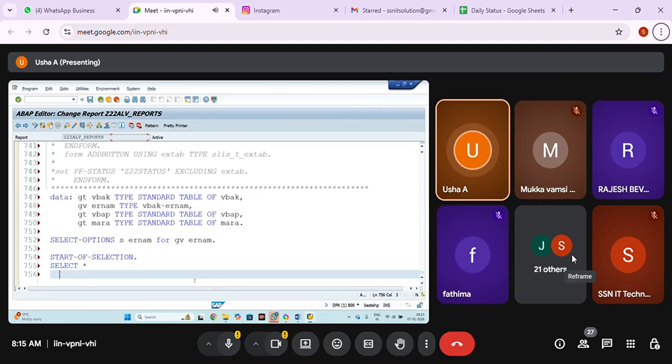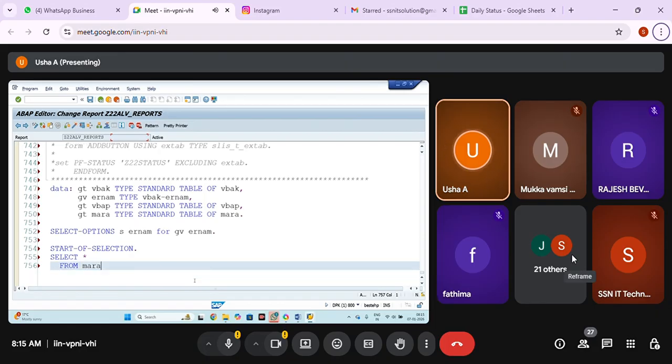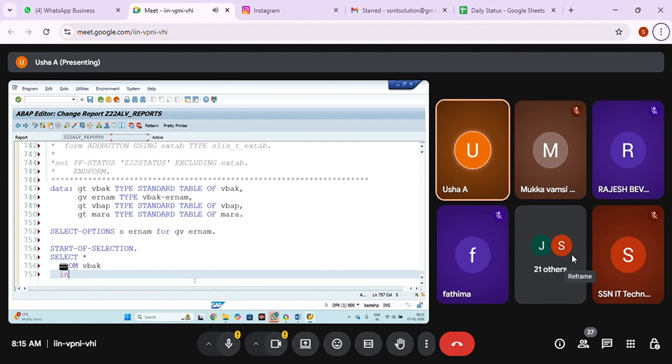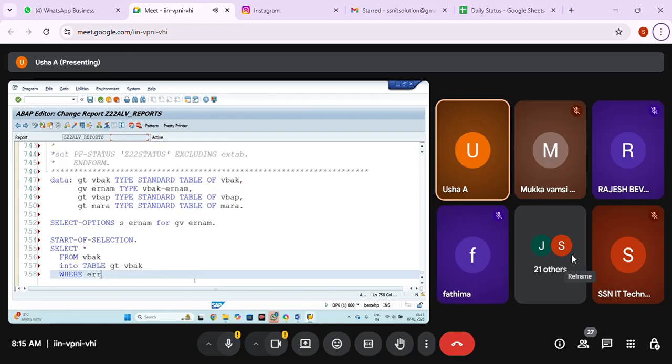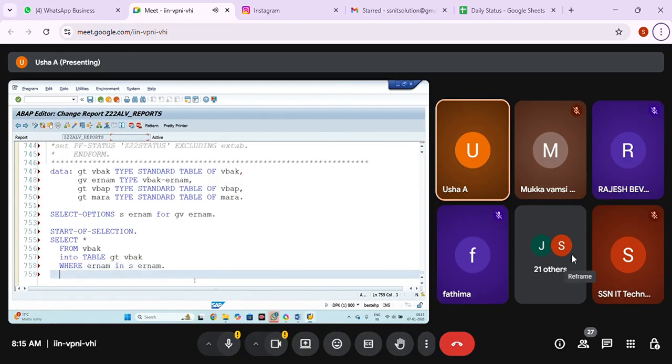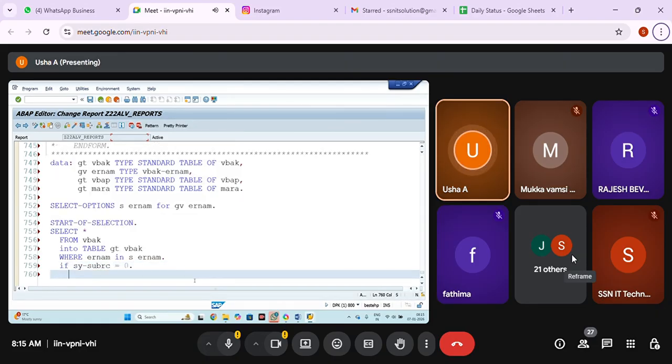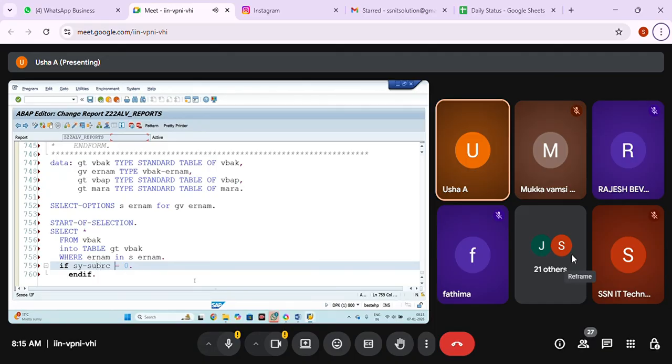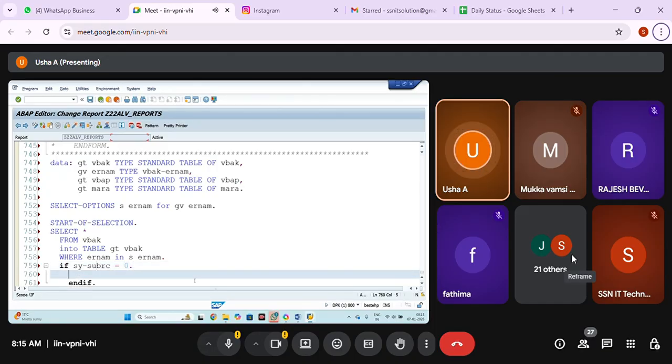Select star from VBAK into table ZT where VBELN in S_vbeln. If sy-subrc equal to 0 and if ZT is not initial, then whatever I'm showing means related data only I'm going to show.